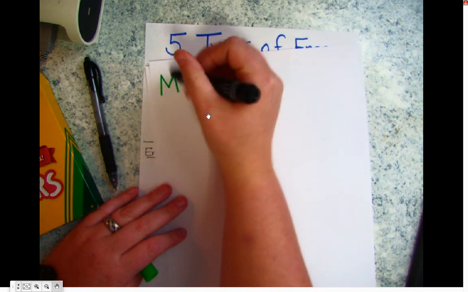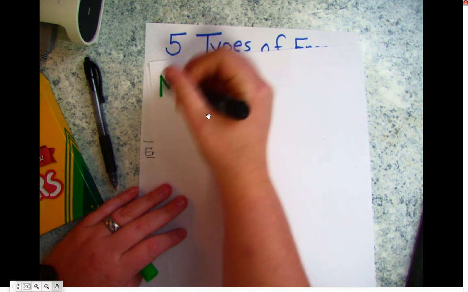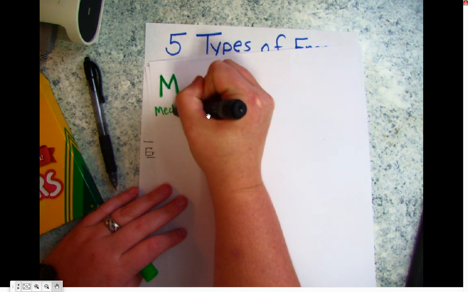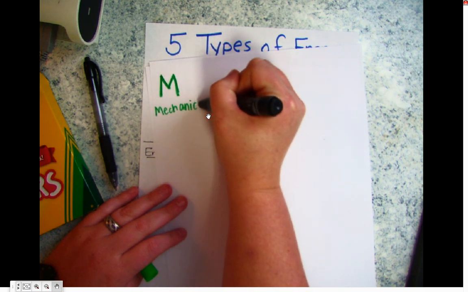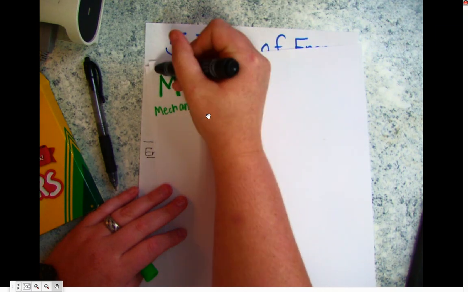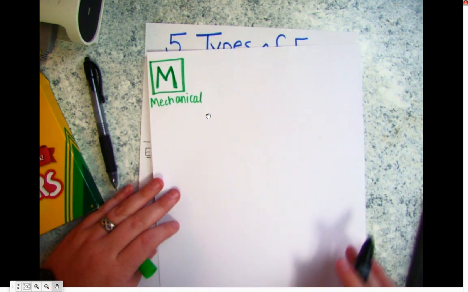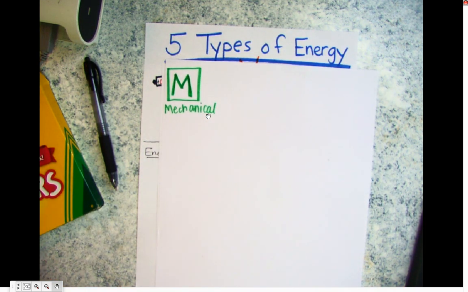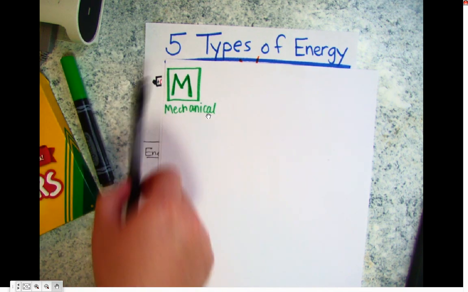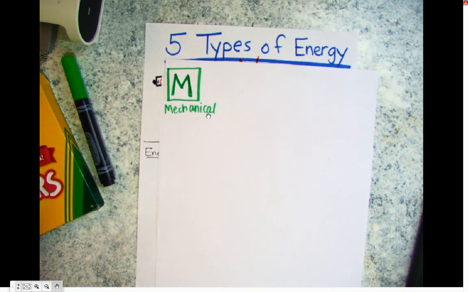So I've got an M, mechanical, okay? And we have taught about it in class, but let's take it back and let's figure out what mechanical energy is, okay? So the definition of mechanical energy is